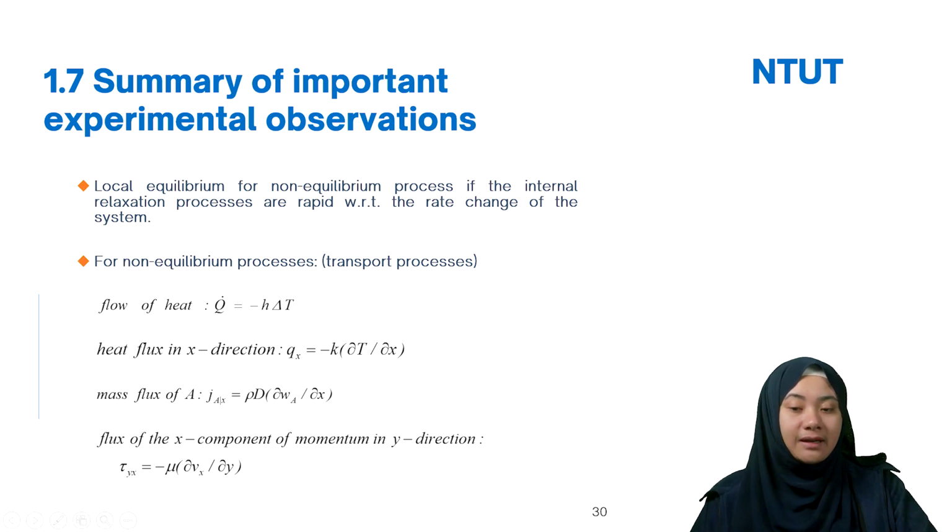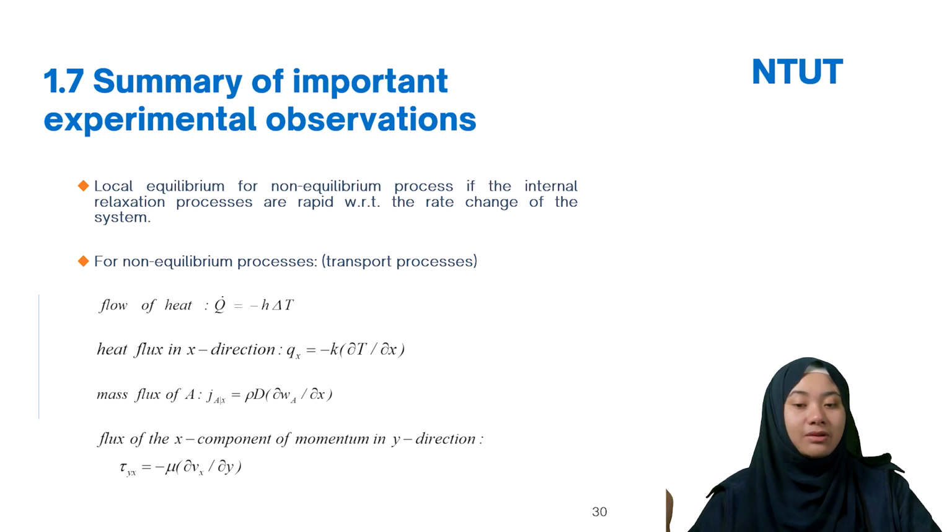So you can see the heat flux here. Heat transfer consists of conduction and convection. For conduction, we can calculate based on q_x equals minus k delta T divided by delta X. I think you learned this in unit operations. Delta T is the driving force, and the resistance is delta X. The other concepts are the same. Fourier's law is also the same. For the mass flux, we use Fick's law, which is the same.